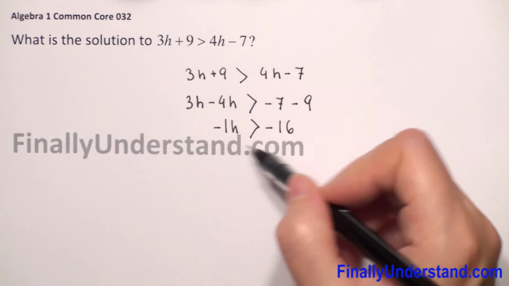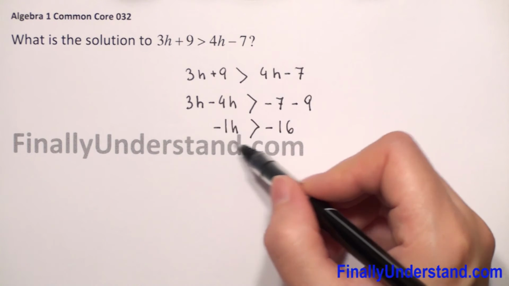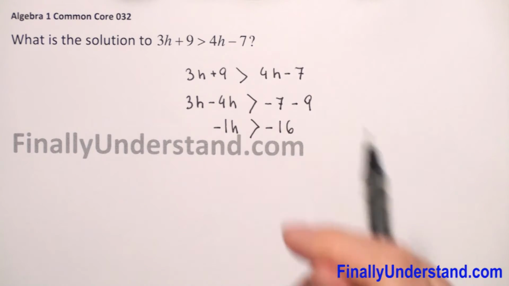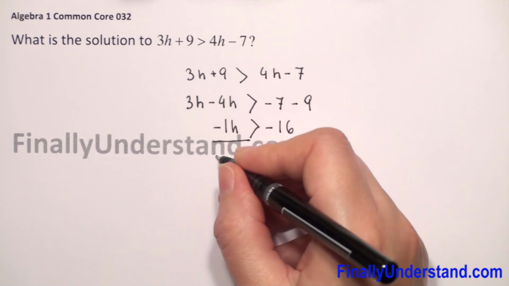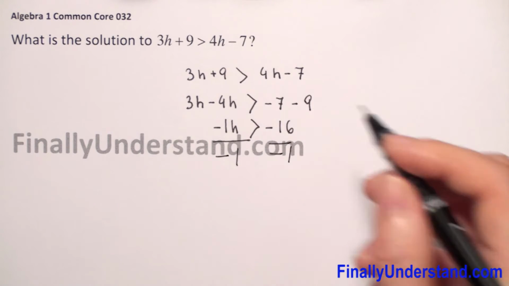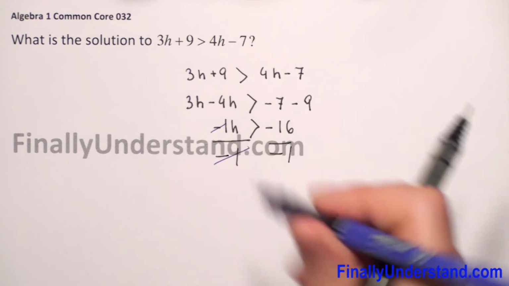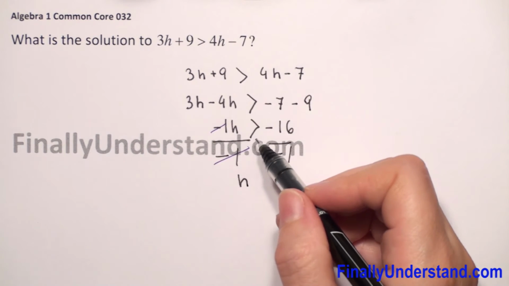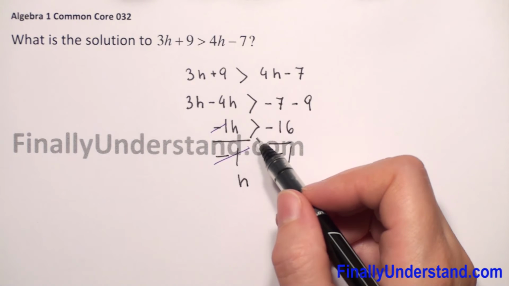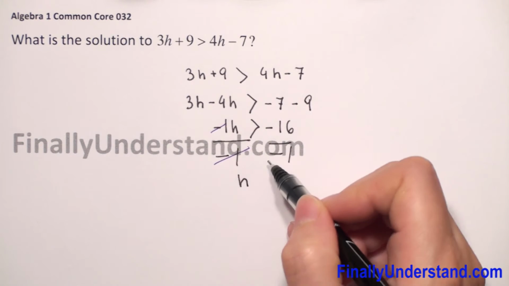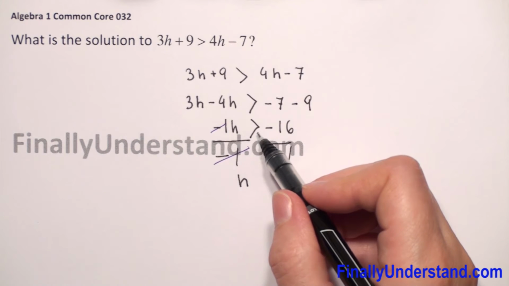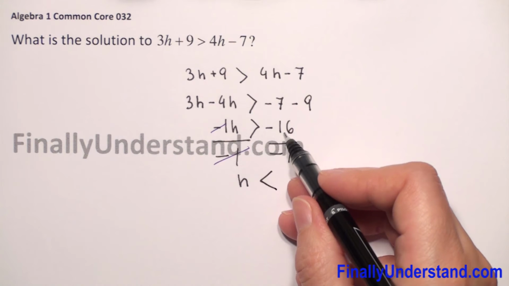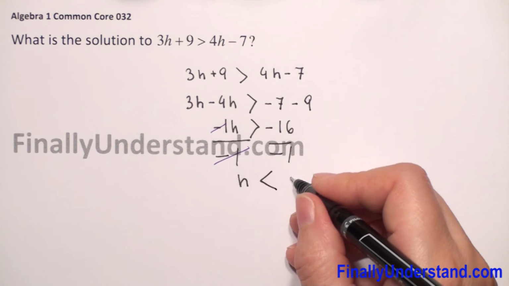And now, to solve this inequality, we have to divide both sides by negative 1 because we don't want to have any coefficient before h. So we divide both sides by negative 1. Negative 1 and negative 1 we can reduce, and we have h. And now, always when we have an inequality and we divide by a negative number, we have to change the sign of our inequality. It was greater, so now it will be less than negative 16 divided by negative 1, so it's positive